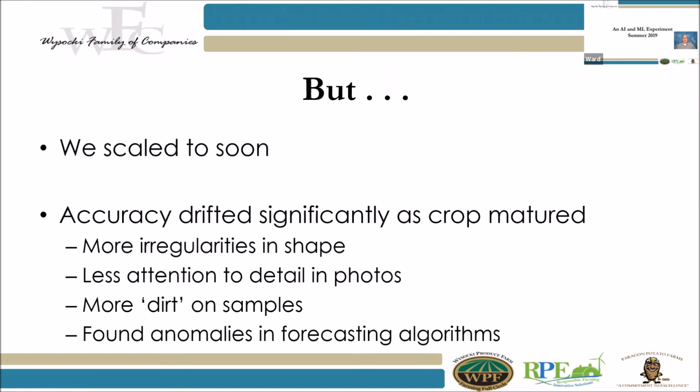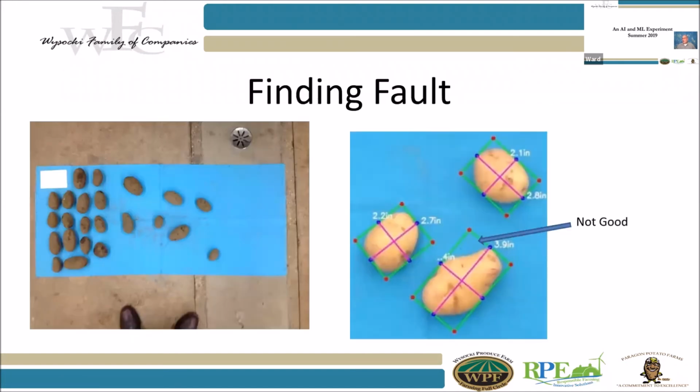So a couple examples of finding fault. On this particular slide, you can see in the left slide, there is a little bit of dirt. If there were a lot more dirt than that, then the potatoes can run together. Also, if you look at the shadow on the first batch down on the two potatoes in the left column, you can see that the shadow almost makes them run together. That picture could sometimes run into one potato, then that would be way too large.